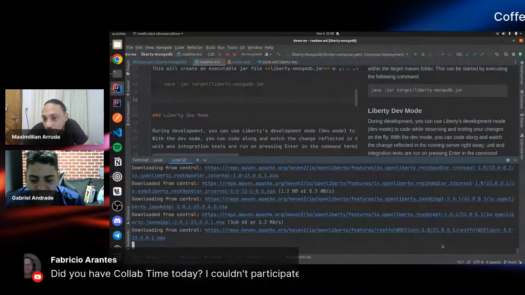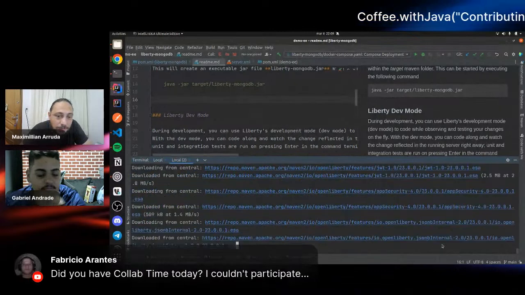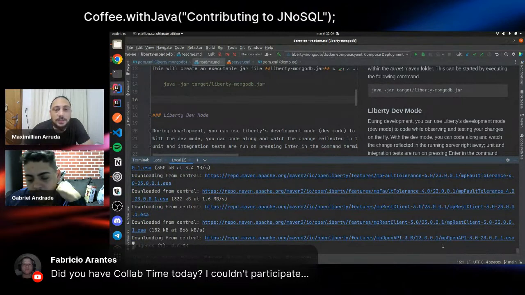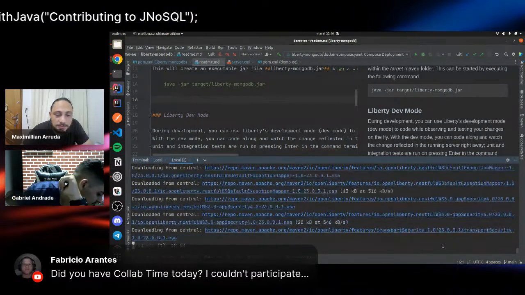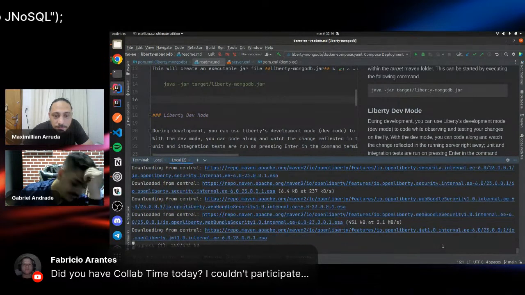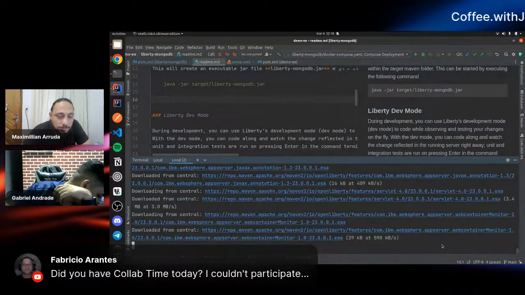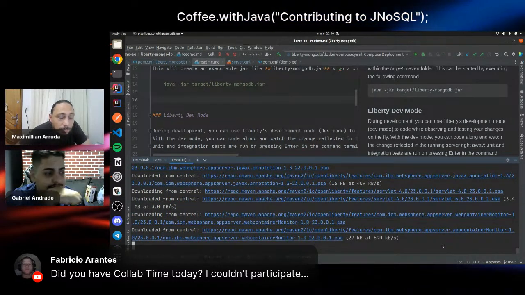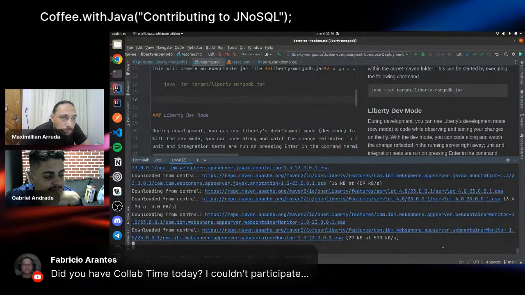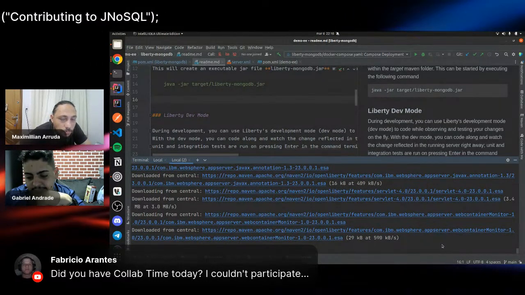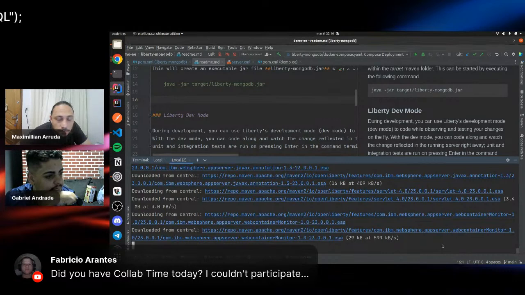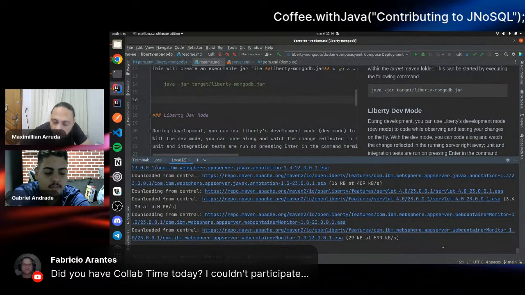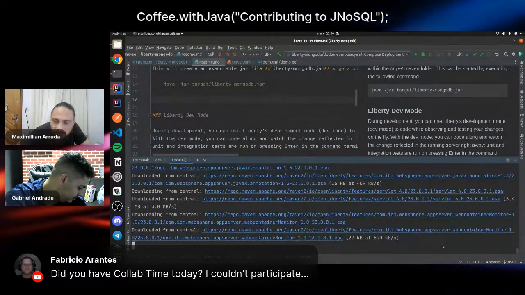Fabricio asked us about the collab time today. Yes, we did this session today, and it was a very interesting and enjoyable one because we discussed a lot of things about tools that you could put on your machine to control the versions of the installations you are using, for example ASDF, I think.